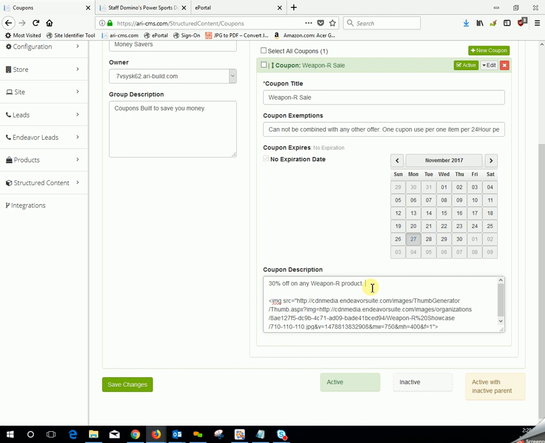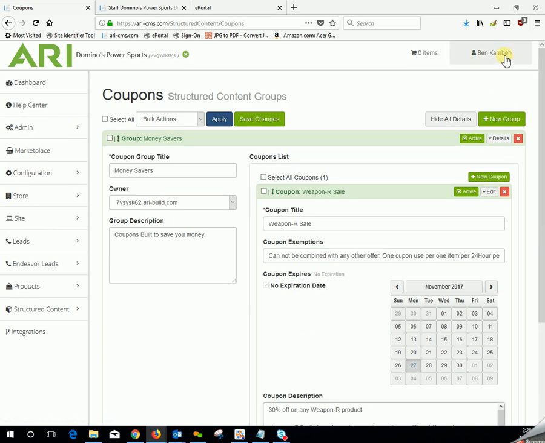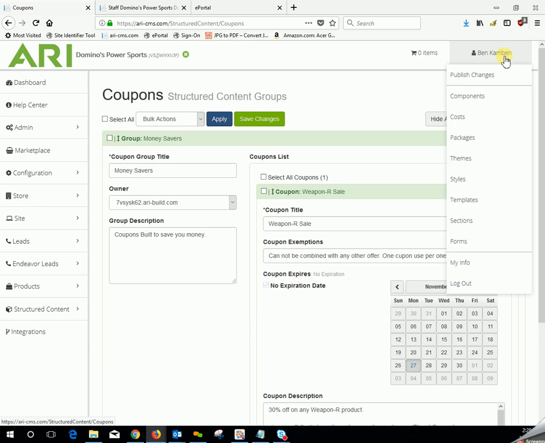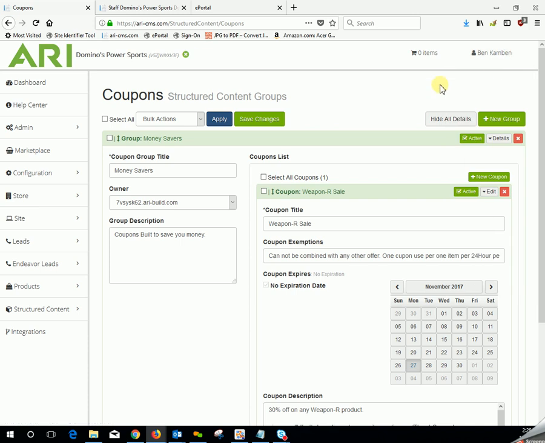Once you're done there, to finalize this coupon and save it over to your site so you can go over and take a look at it, you'll click Save Changes. Then you'll go up to the top, click on what will be your name in this upper right hand corner, and Publish Changes. Then you should be able to click over to your site and see that new coupon available